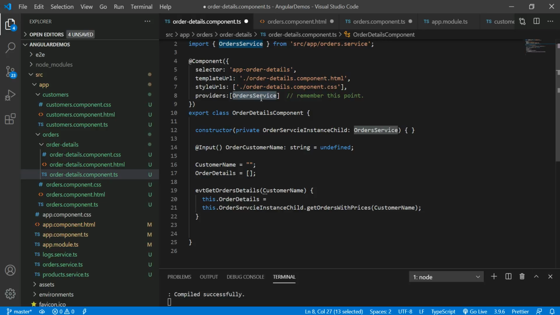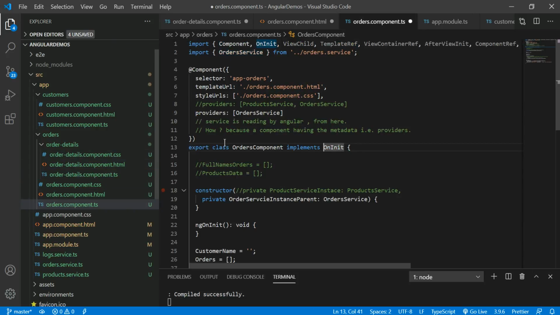This order service is already available in the orders component. You are overriding it, or you can say creating a new instance, so in this way you can't get the proper data.